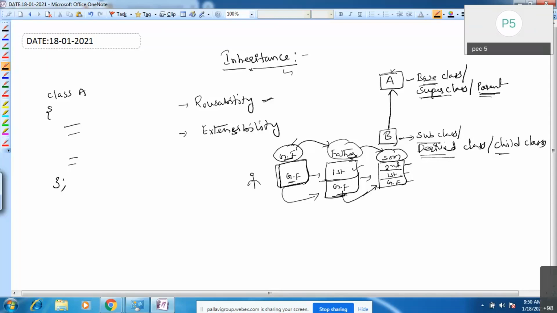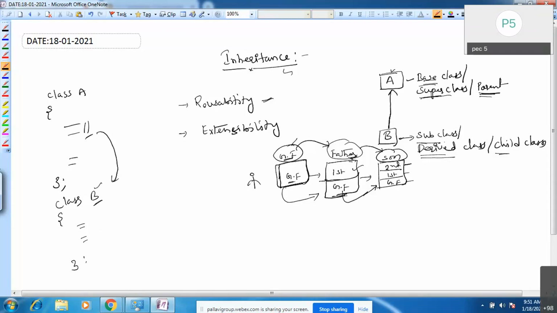And this son class also has some other properties. That means here you have class A, and one more class B. Suppose you are deriving class B from A. In that case, all the properties you have written in A will appear in class B itself, and B may have some of its own properties. You can write properties of B as well. That means from this class, you are reusing your properties.